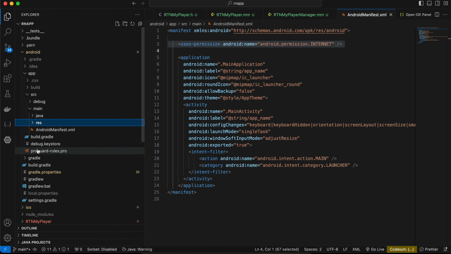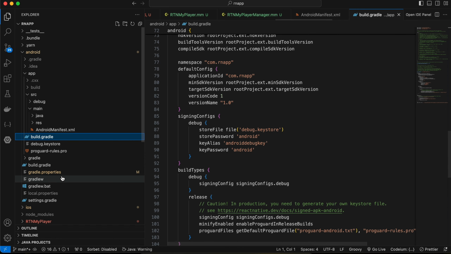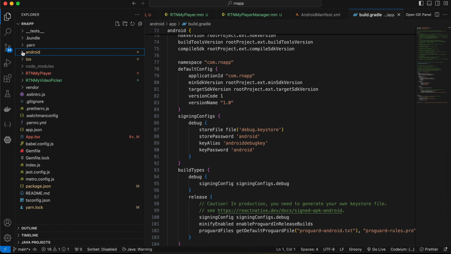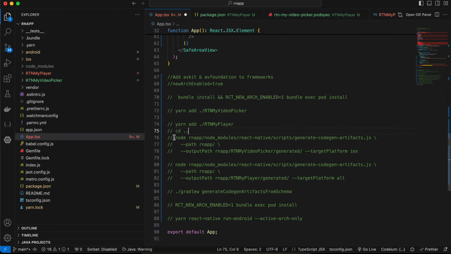and inside build.gradle, yeah, this is fine. Then you will have to open your terminal, go to the root of your React Native project, firstly run this particular command. Okay, then you will have to run this command, then you will have to do cd .. It will move you outside your React Native project. Then you will have to run